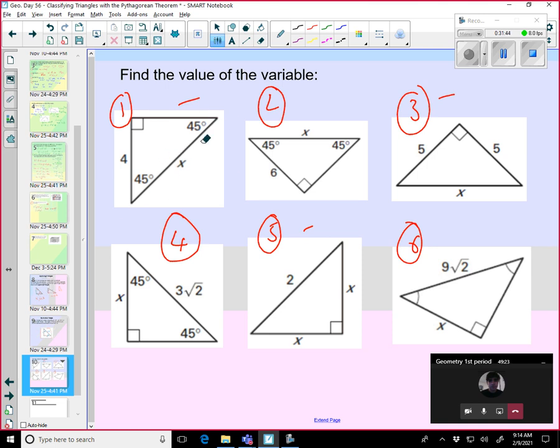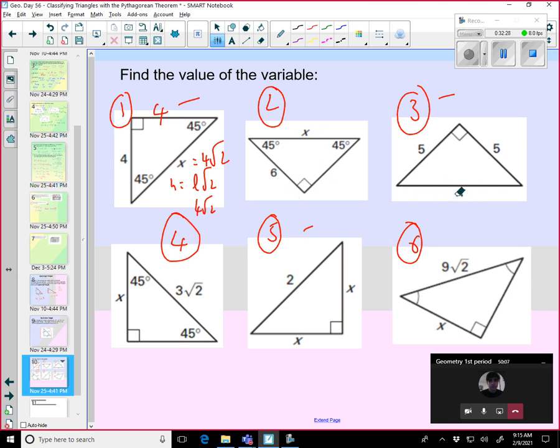So I have this particular side as x, and this is 4. We know that the hypotenuse is going to be root 2 times the leg. This is 4, so this is also going to be 4, and the hypotenuse is leg root 2. So the leg is 4, so it's going to be 4 root 2, which means x equals 4 root 2. From the previous slide, we know that the legs are equal in a 45-45-90 triangle, and the hypotenuse is legs times square root 2. In the same way, you can try this one.